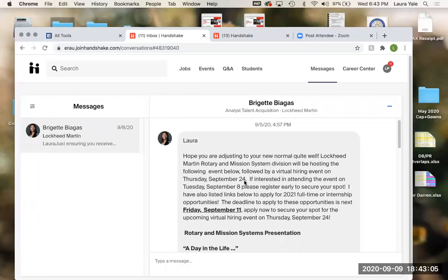Can freshmen attend this? Do employers tend to talk to freshmen? So yes, employers will talk to freshmen. Whether they have internship opportunities for you will depend on the employer. Obviously, as a freshman, you're going to be competing with juniors that have more classes under their belt and maybe more experience. So in general, it's harder for freshmen to get internships, but I think this is a really, really